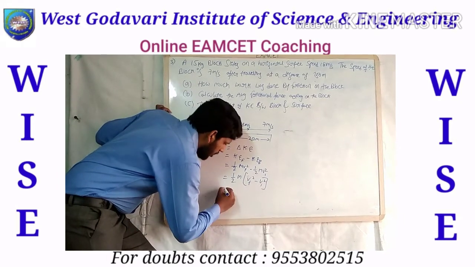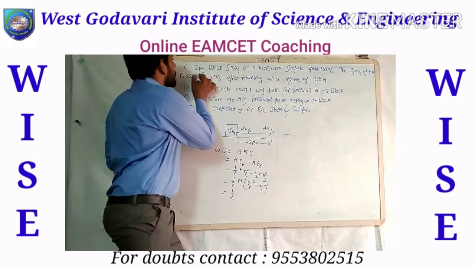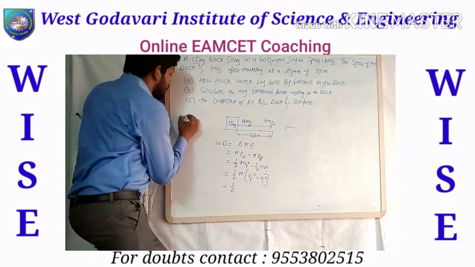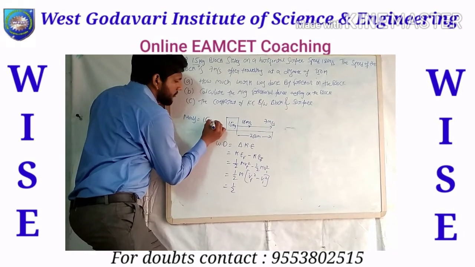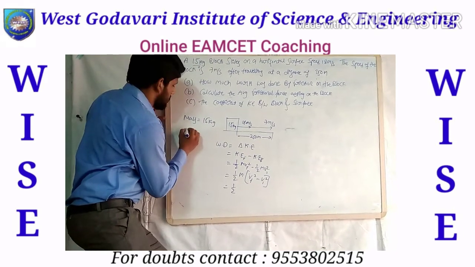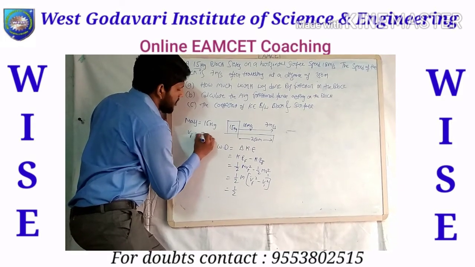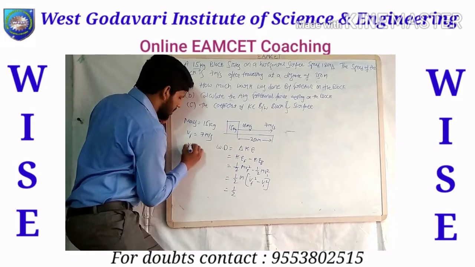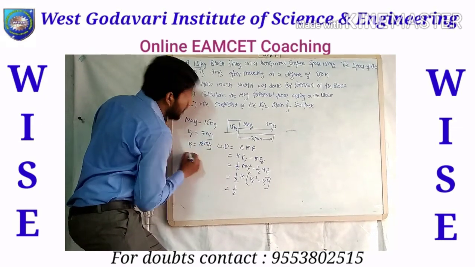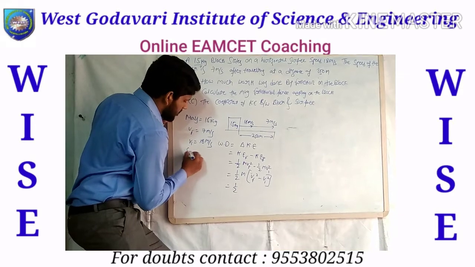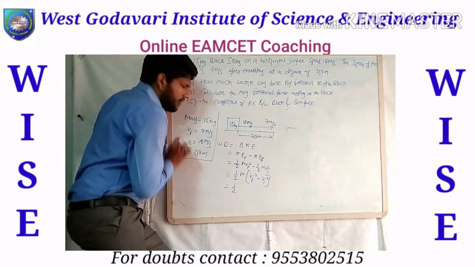Okay, so now write it half into the mass value. The mass is 15 kg. So I'll write here mass equal to 15 kg, and the velocity is v final equal to 7 meters per second and vi equal to 18 meters per second, and displacement s equal to 250 meters. This is the given data.